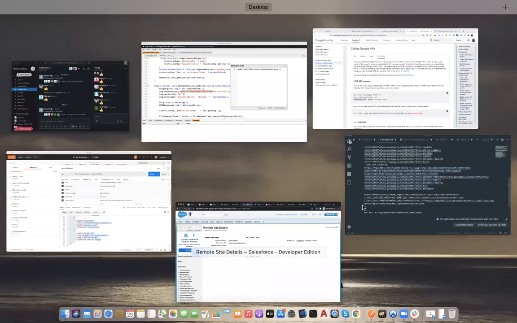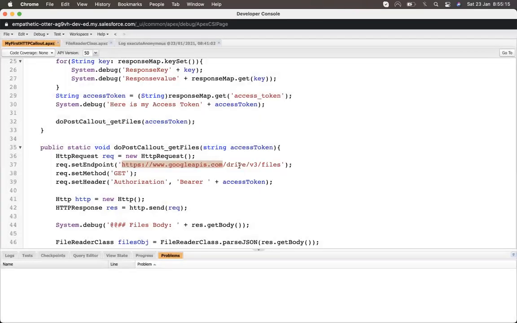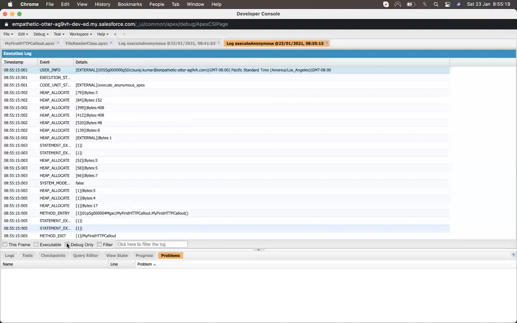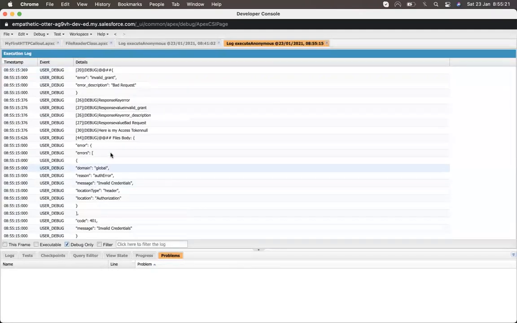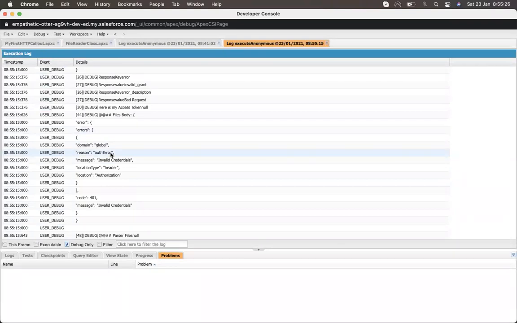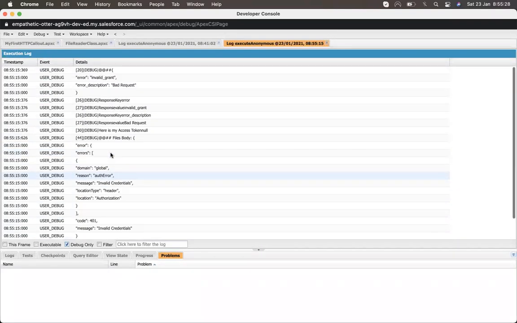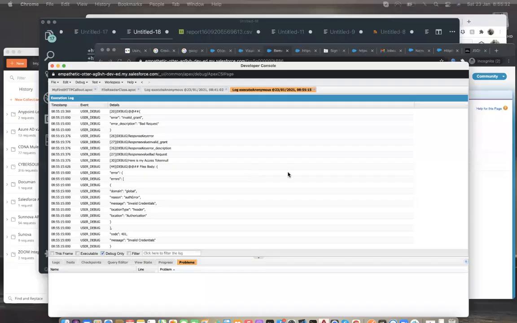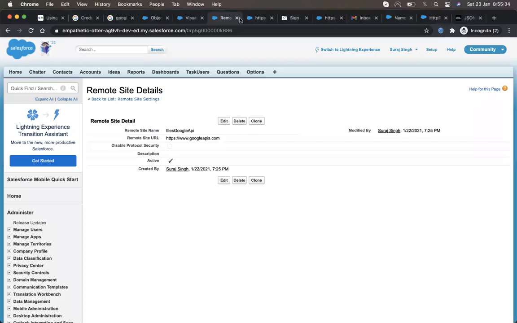Okay, then I come up here again and hit execute. Now it executed. Debug. Oh, it's saying bad request. It's showing me bad request. Let's generate the code again.